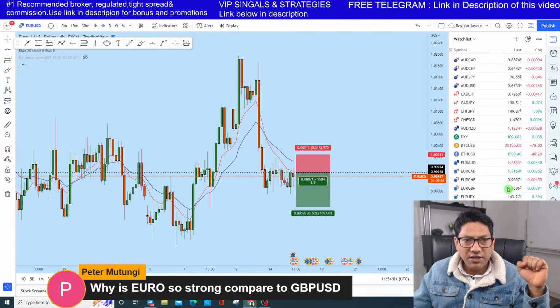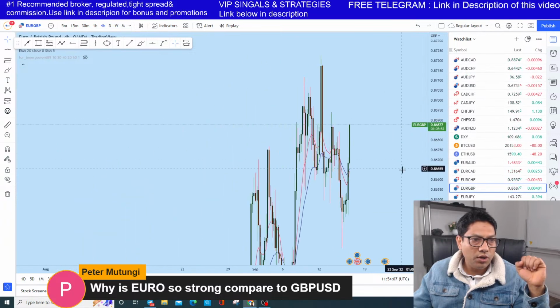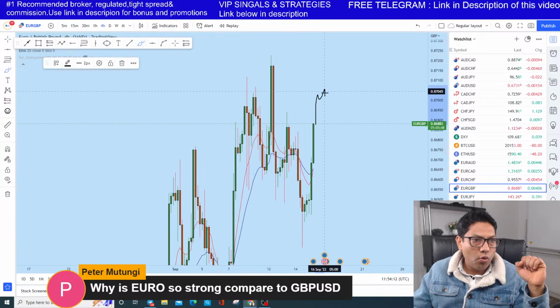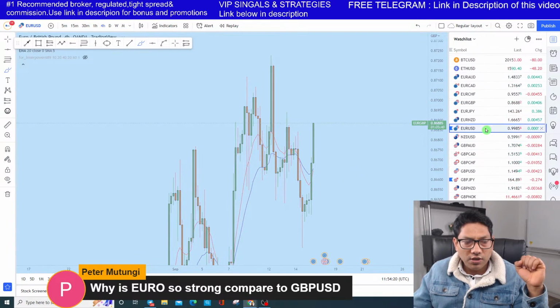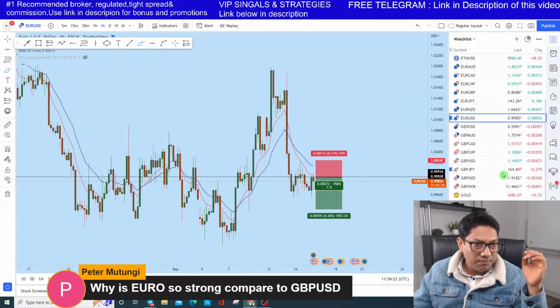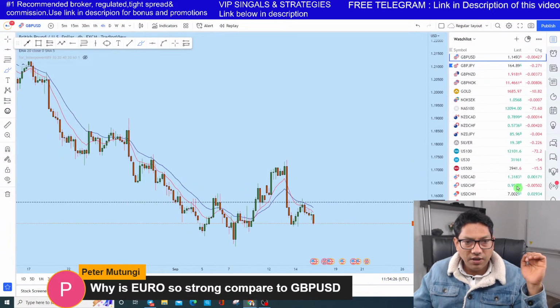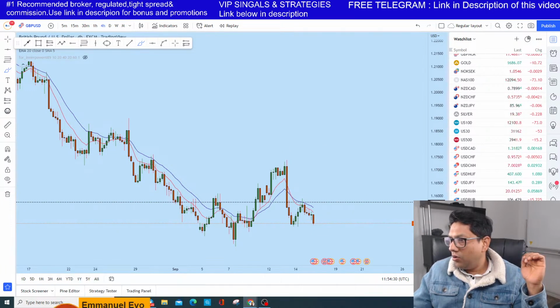You can't predict them properly, but when you look at EURGBP, you'll know who is stronger and who is weaker. What I think is that this price is going up for a drop. EURGBP, after going there, I think will have a big drop. So basically the euro will also get weaker soon than GBP. So GBP has a big movement now.